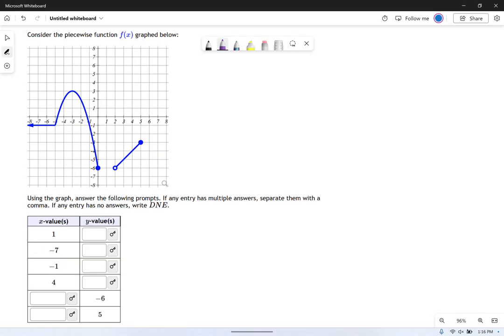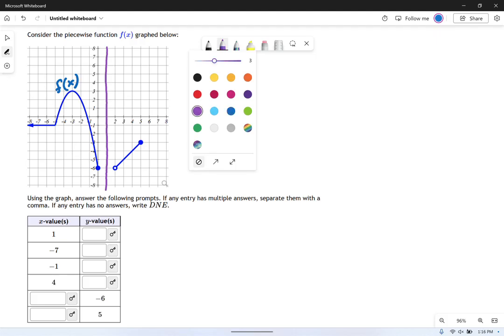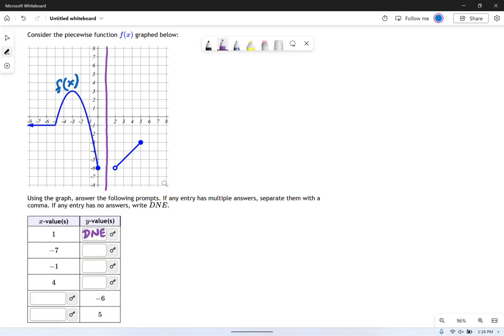So I think of it this way. I think of my x value of 1 as a vertical line. This represents all the x values of 1. And where is the function overlapping with that line? Well, nowhere. There's nowhere on this function, which is in blue. Let me be real clear here. This f of x, that's my function. There's nowhere where that function has an x value of 1. It just doesn't exist. So what we put there is DNE, because it does not exist at an x